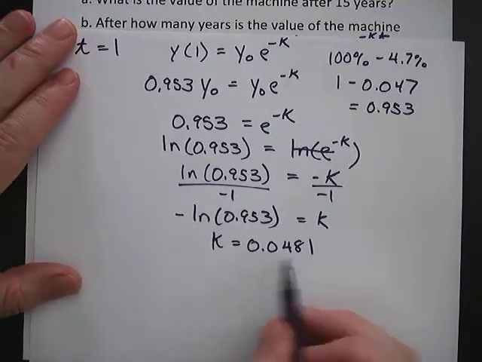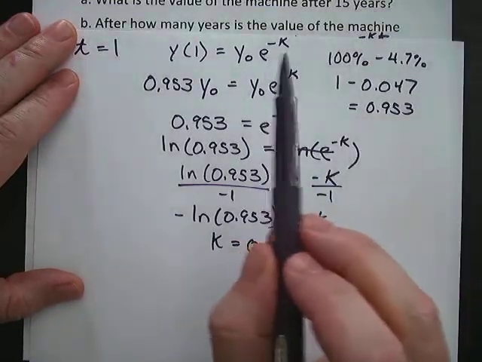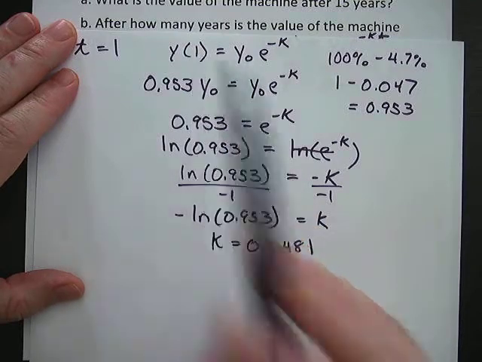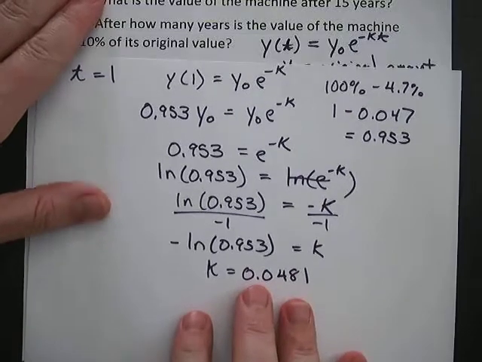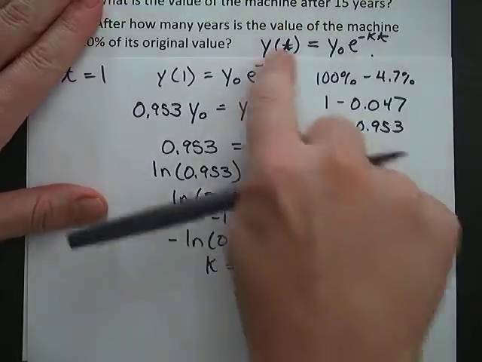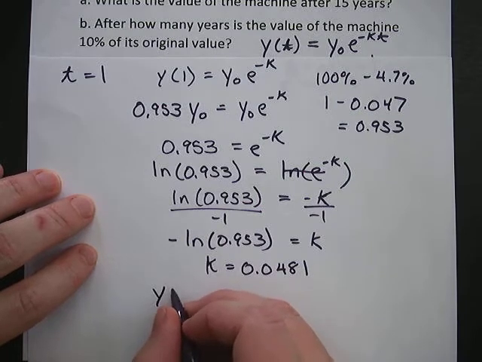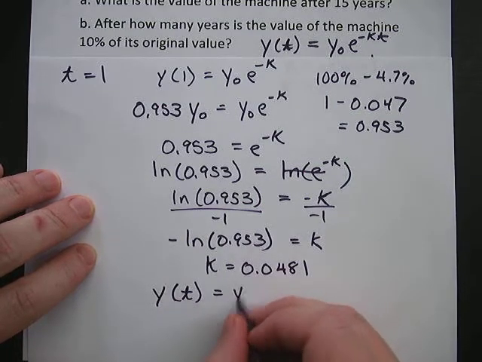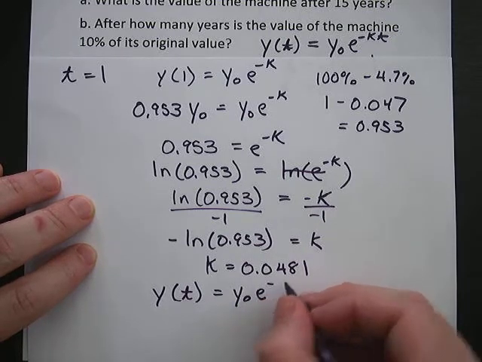Well, it helped us because we can now plug k into this original function up here. And we can also plug in the original amount and plug in a 15 for the year. Okay, so remember that formula is right there. So first of all, I'll write the formula using the correct value of k. So y of t is equal to y sub 0 times e to the negative